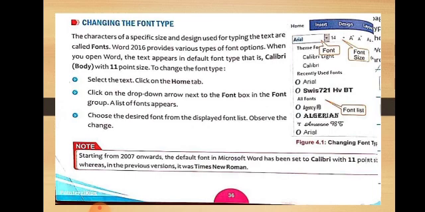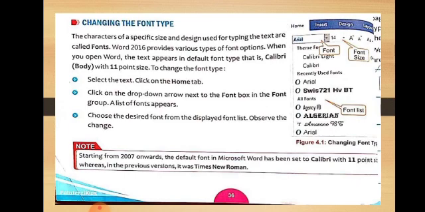The point size 11 and Calibri are set by default, and if you want to change the font, you have to select the text first. For that, go to the Home tab. In the Home tab, click on the drop down arrow which is located next to the font box in the font group.